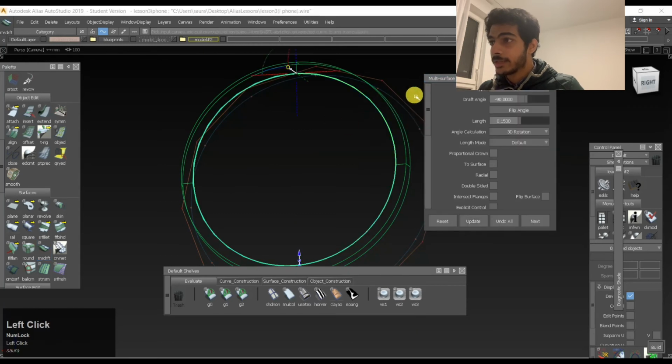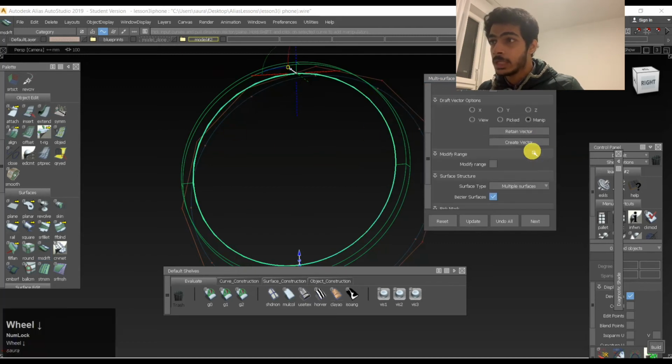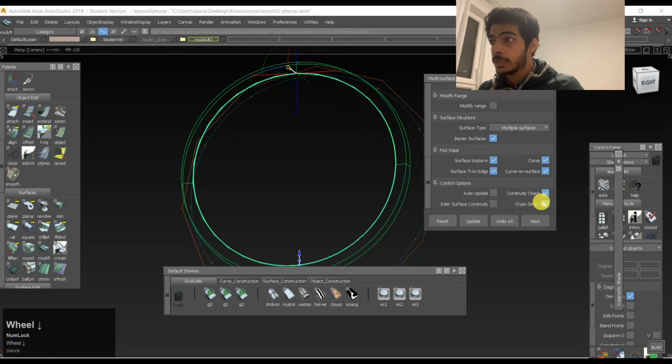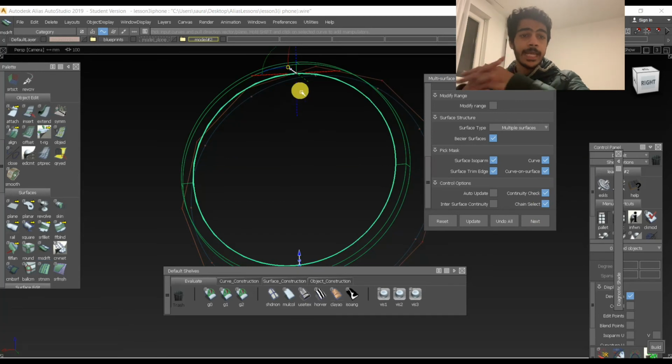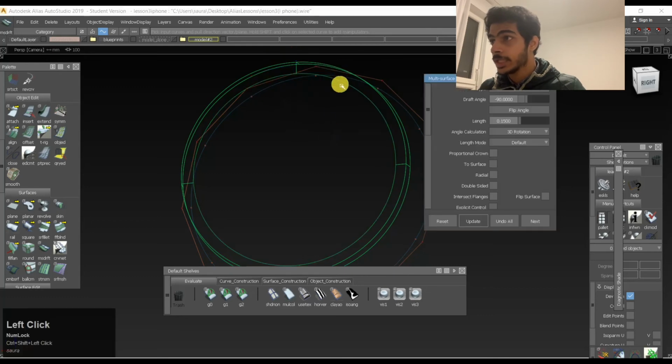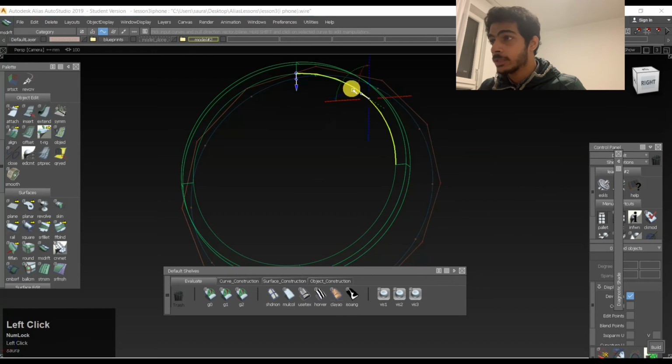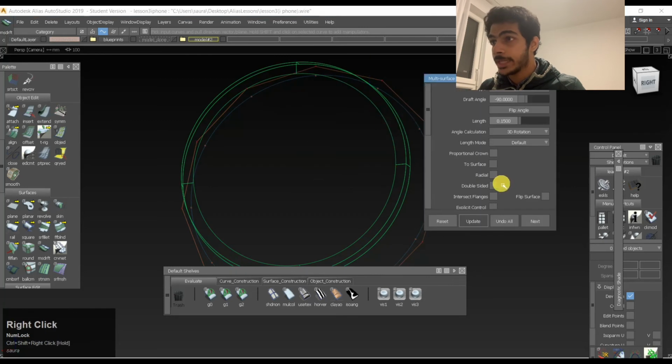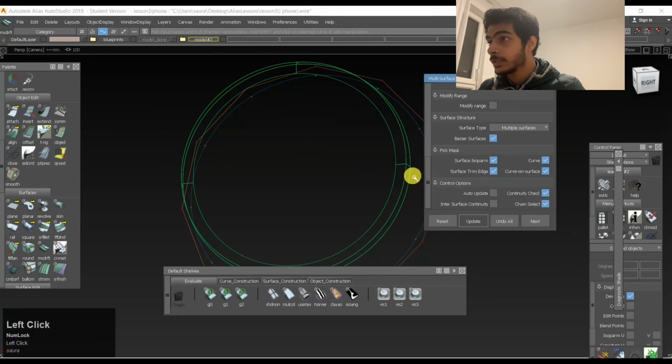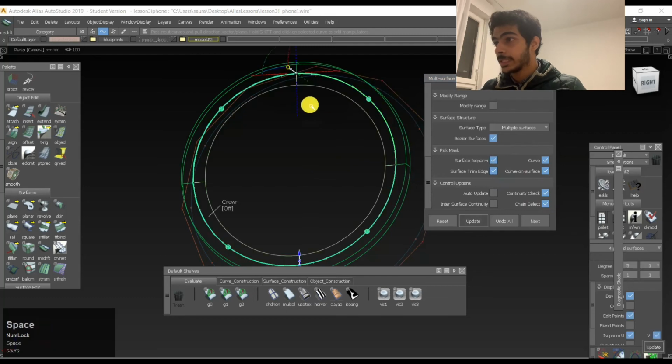One more thing you might have noticed, that all the objects, all the edges are getting selected simultaneously. That's because I have chain select enabled. So if your edges are directly tangential to each other, then they'll select automatically. If you don't want it, if I just unselect this, you see how it's selecting differently. So we want to select it all together. So we'll just go into the draft tool again. We'll chain select it and we'll do something like this, right?